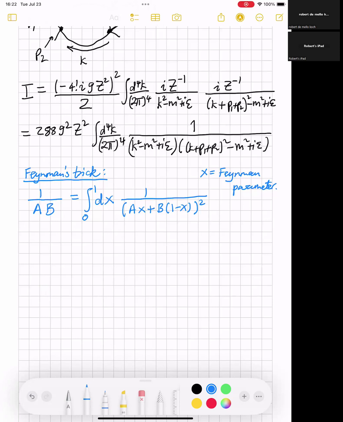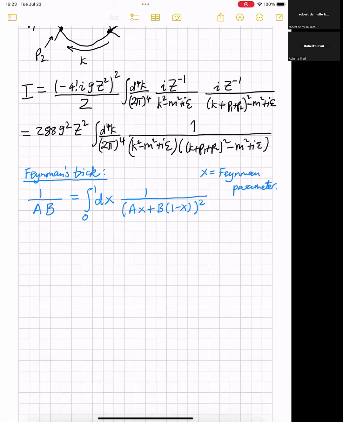The only thing you need to do if you've got more than two denominators is that you'll need more than one Feynman parameter. So to apply this to an integral with many denominators, you will need many Feynman parameters. Okay, good. So now let's apply this to our integral. So what is I equal to? Well, I will be equal to